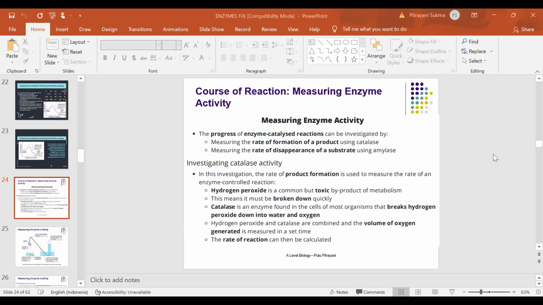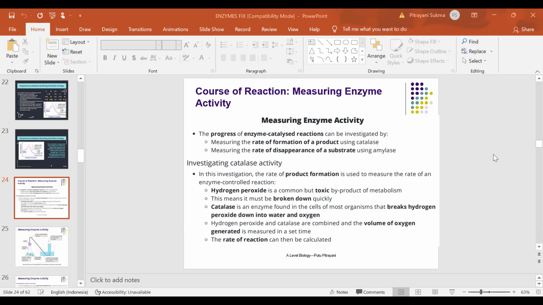How can the enzyme speed up the chemical reaction? Enzyme can speed up chemical reactions because enzyme can lower the activation energy of the chemical reaction. Activation energy is the energy that is needed to start the chemical reaction. So by using enzyme, enzyme can help with destabilization of the reactant, so the reactant can become a product more easily.